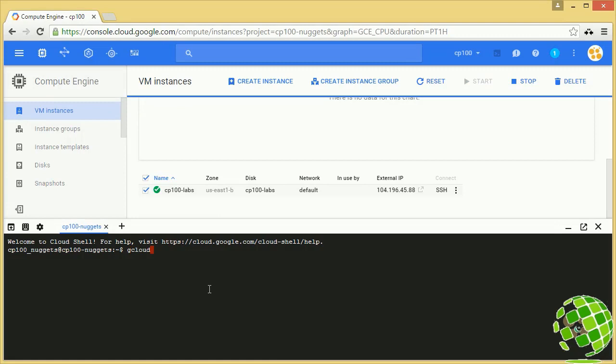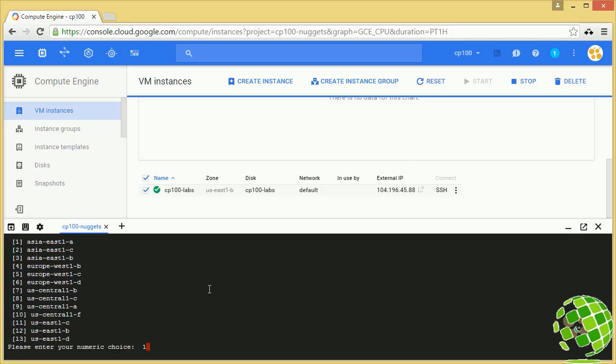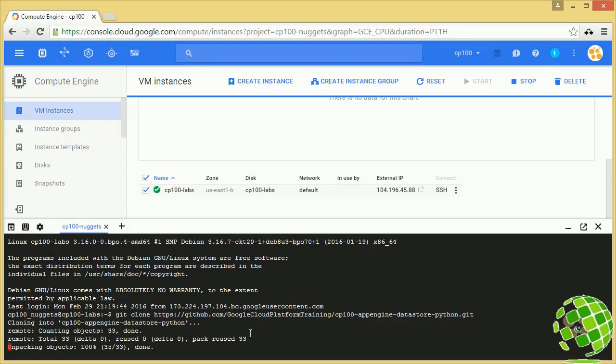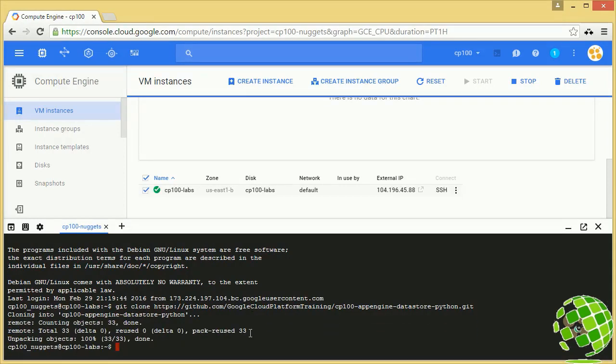Let's do a gcloud compute ssh and the name of our instance, CP100-Labs. We will SSH onto this machine through Cloud Shell. Type in the zone where that instance lives, and now we are on it. So the first thing we're going to do is clone that Git repository that contains our project, and I will just do a git clone followed by the URL to that repo. All right, so that's going to load that up locally on our labs machine, and now we can switch directories